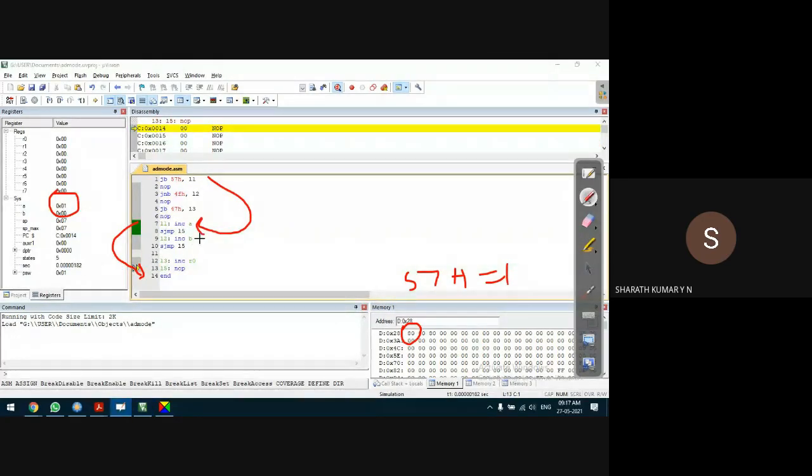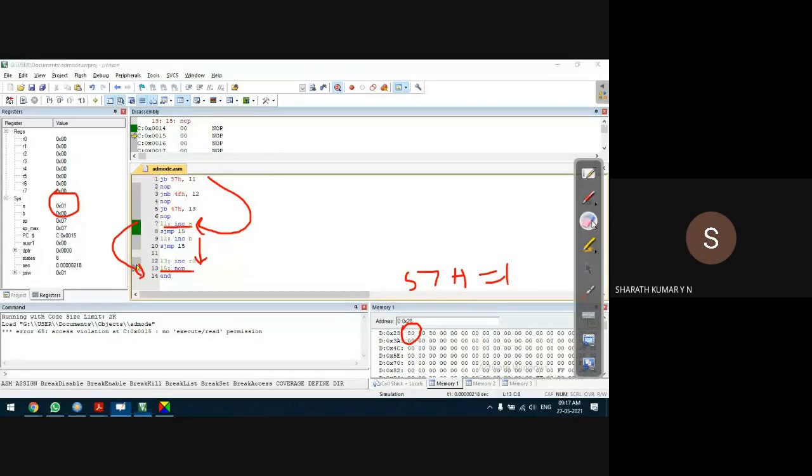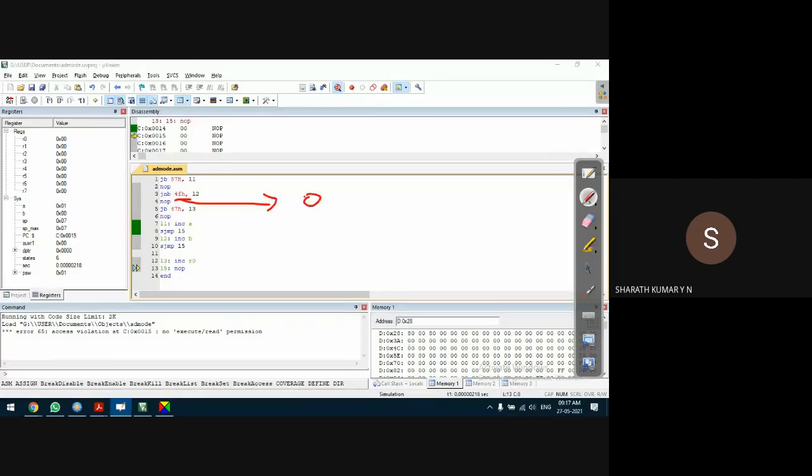That is, it will not execute any of the instructions following this L1 instruction. It will go to the last line, that is L5 NOP. After executing this instruction, it will come out of the program. So that's how we can check jump if bit as well as jump if not bit. The same thing is applicable for jump if not bit. What it does is, it will check whether the bit is 0. If it is 0, then it will go to a target location whose address is identified by what we call a label. L1, L2, L3 are labels. That's how the JB and JNB instructions work.